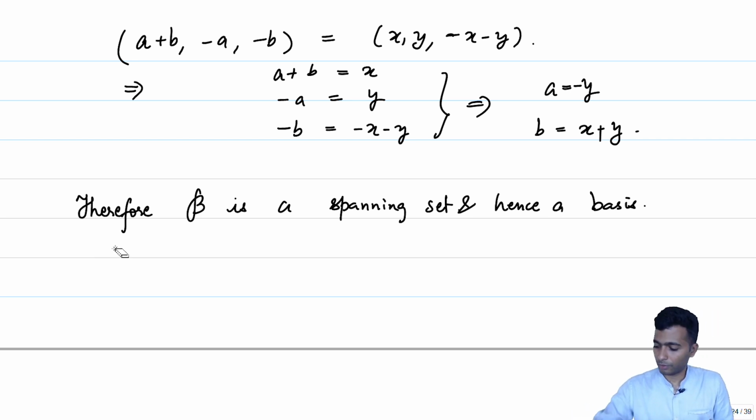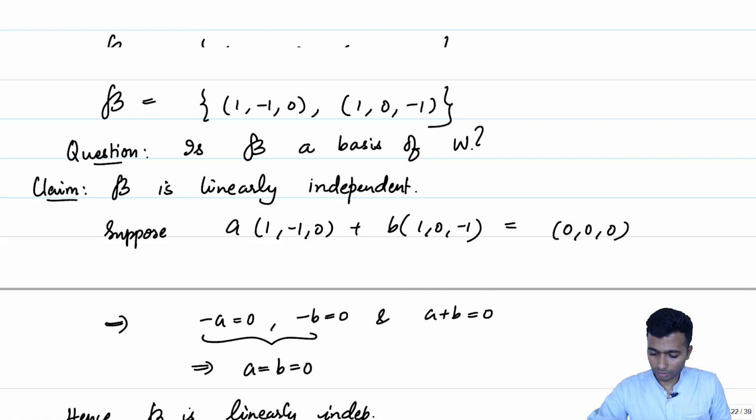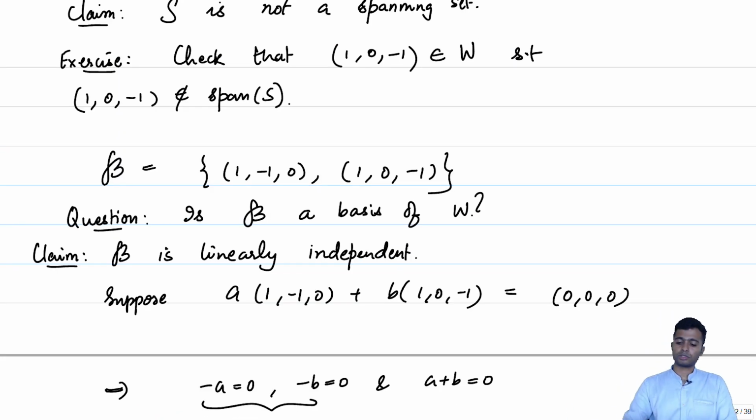Okay, so let us carefully look at what we did. What we did here was to get hold of a basis in an algorithmic manner. We picked some vector at random, picked 1, minus 1, 0 and checked whether it was a spanning set, saw that it was not, picked an element which is not in the span, appended it, and therefore, after appending we obtained a new set which was both spanning as well as linearly independent.